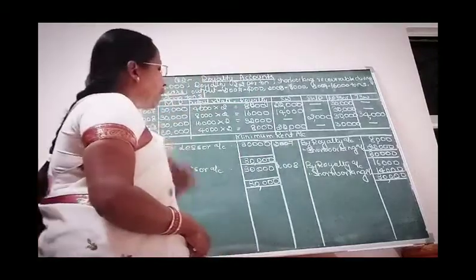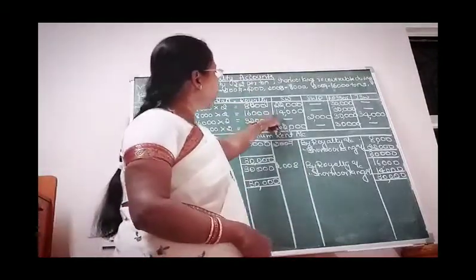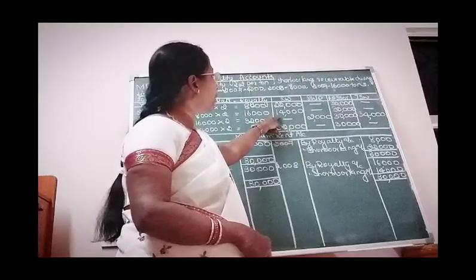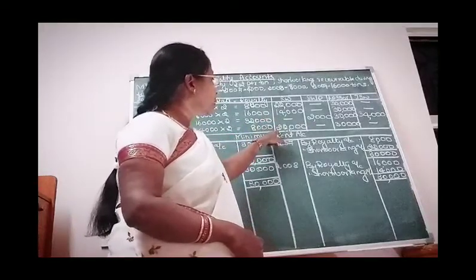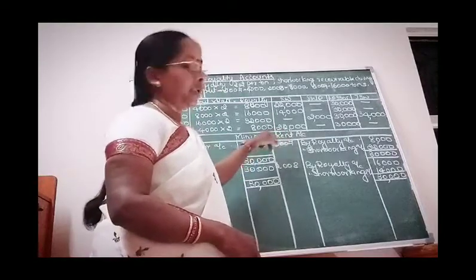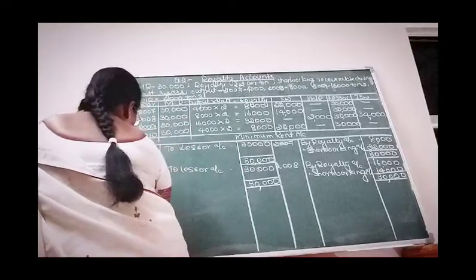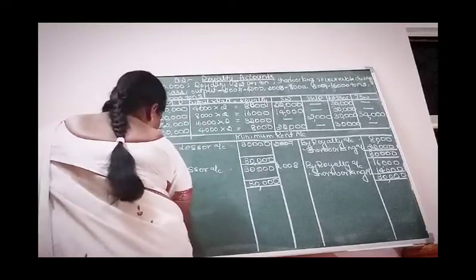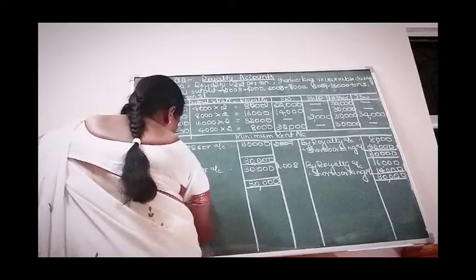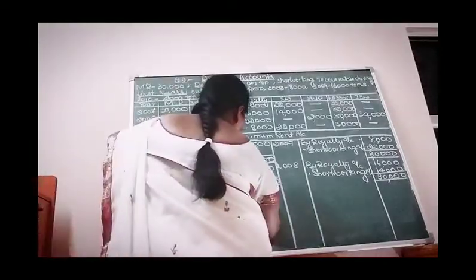So here we have done for 2 years, because as you are seeing, short working is appearing here in the table for only 2 years. But there is one more year at the end, which you need to add here. You are going to write for the year 2010. So we write it as to lessor account.